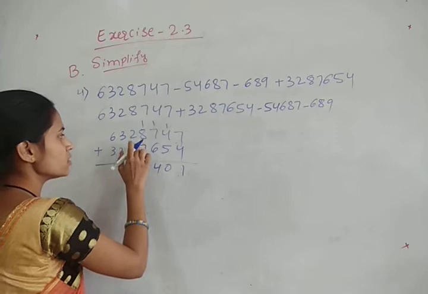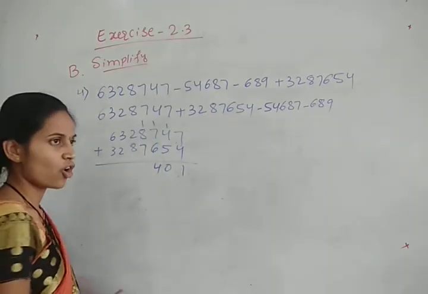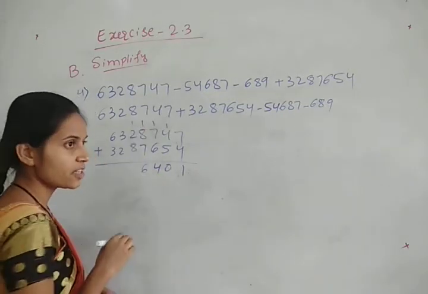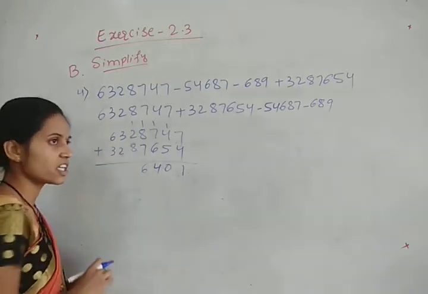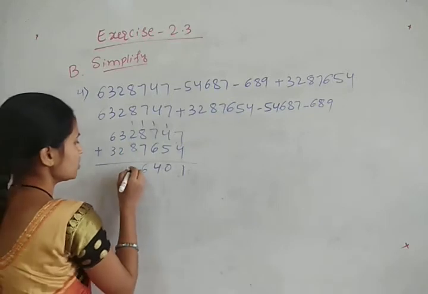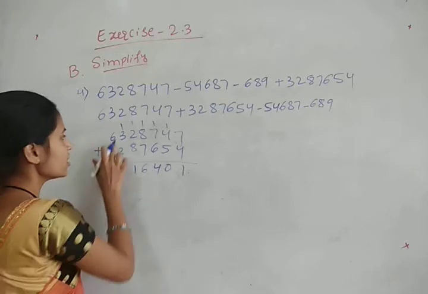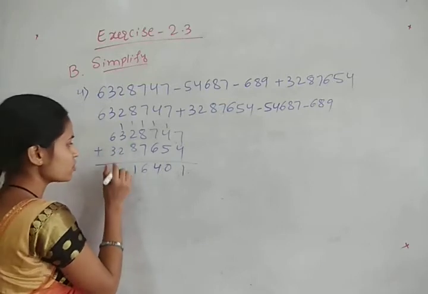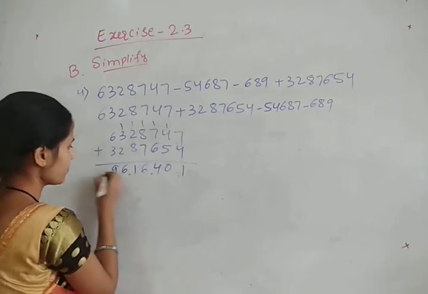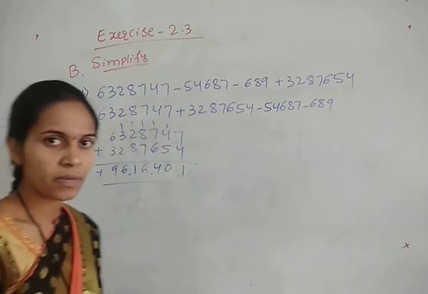Now see here 8. Okay. 8 plus 1 is 9. 9 plus 7 becomes how much? 9 plus 7 becomes 16. Write 6. Take 1 as a carry. Now 2 plus 1 is 3. 3 plus 8 is how much? 3 plus 8 is 11. Write 1. Take 1 as a carry. 3 plus 1 is 4. 4 plus 2 is 6. Okay. Now 6 plus 3 is 9. Yes. So this is the result we have got after adding the two numbers which are with the plus symbol.